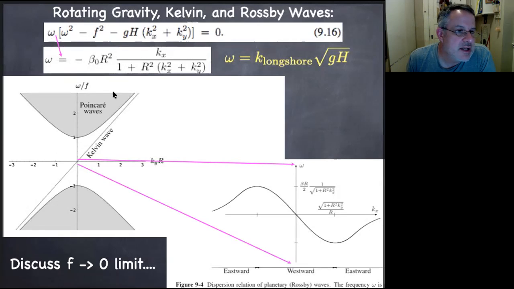And so it has this crazy dispersion relation, which involves both the Rossby deformation radius, the wavelength, the wave number, and the inverse of the X and Y wave numbers, so the magnitude of the wave number is frequency. You can see this is a pretty complicated thing. If this term down here is small in the denominator, you have just minus beta r squared kx, which means that at least in the x direction, it's a non-dispersive wave. In the y direction, it is always a dispersive wave for long or short waves.